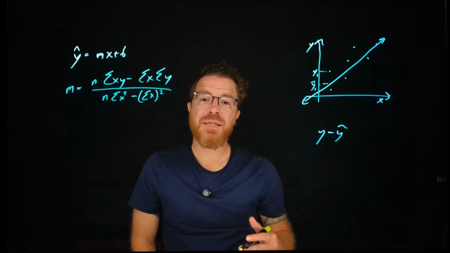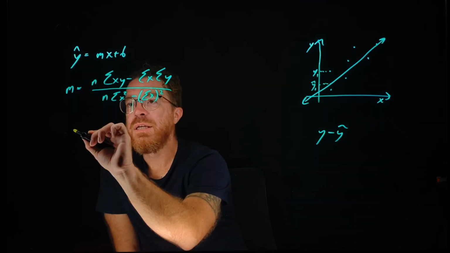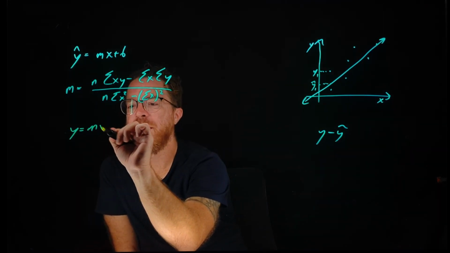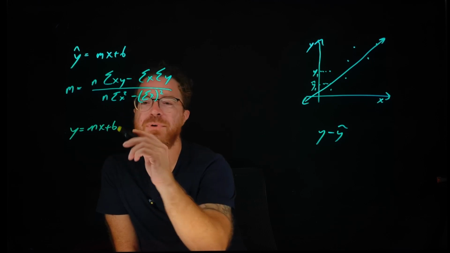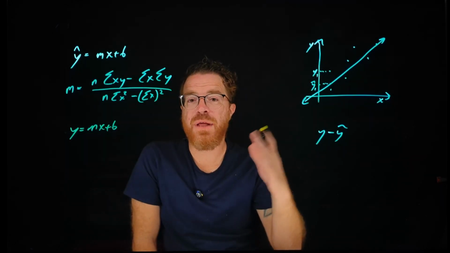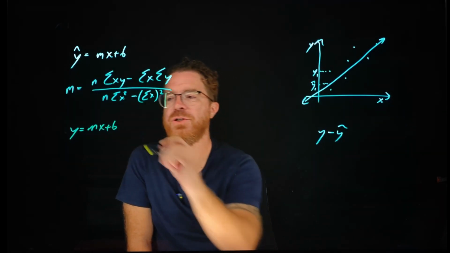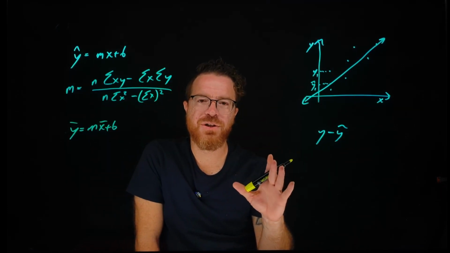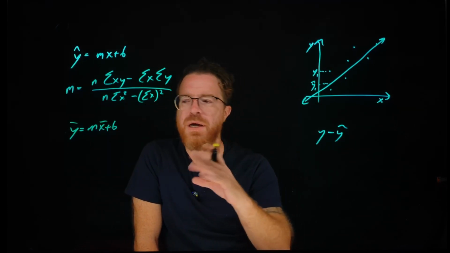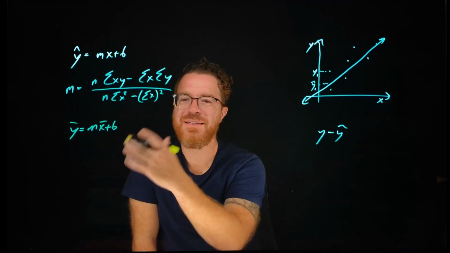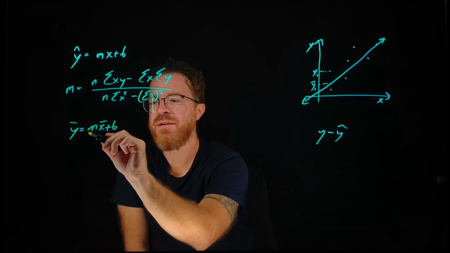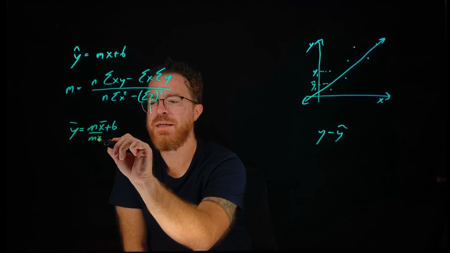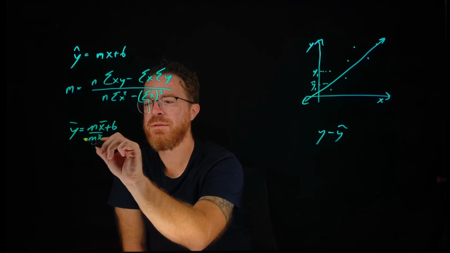Our y-intercept is actually going to be using this up here, same idea. We have y equals mx plus b, except in this case, we're not using a single x or y value, so we're going to use the average of those values to kind of describe it. And again, I'll show the calculation to this in another video, but for the simplest intuitive case, it's kind of like this. Solve for b by subtracting m x bar,